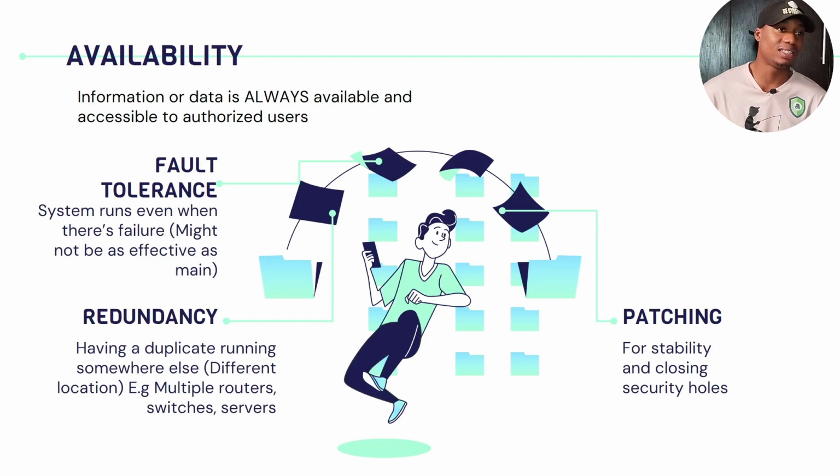So let's look at the three important things when it comes to availability. So we have fault tolerance. This means that your system runs even when there's a failure. Okay, it might not be as effective as the main one. For example, if